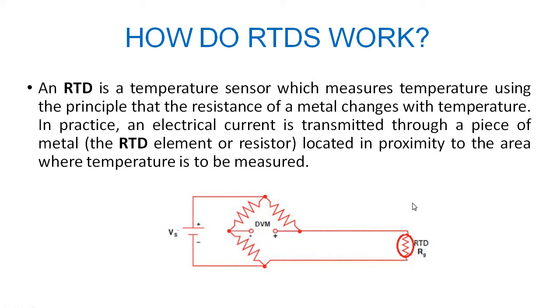There are 3-wire and 4-wire kinds of arrangements available, but today we discuss the 2-wire arrangement. These are the other resistances, that is 4 resistances. So the resistance bridge is R1, R2 divided by R3, R4, named according to that. So when the resistance changes, that will give some deflection, and that can be directly calibrated in terms of temperature.